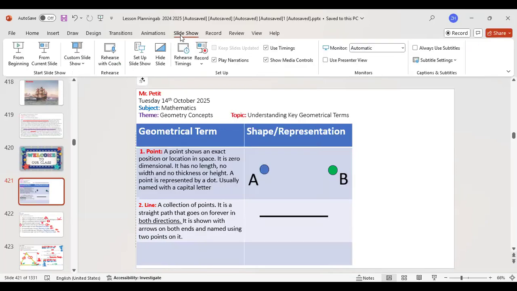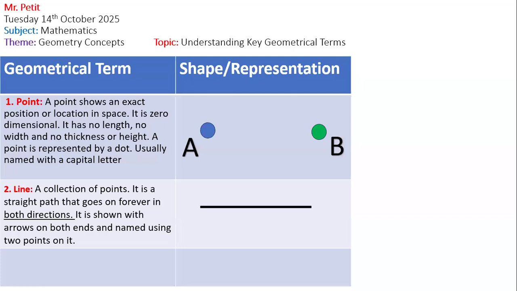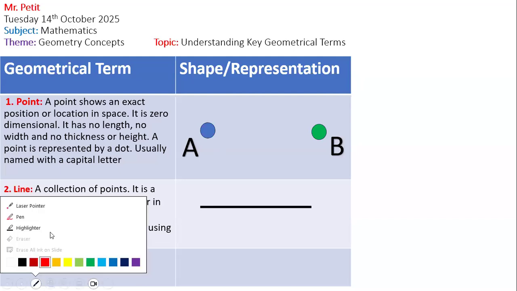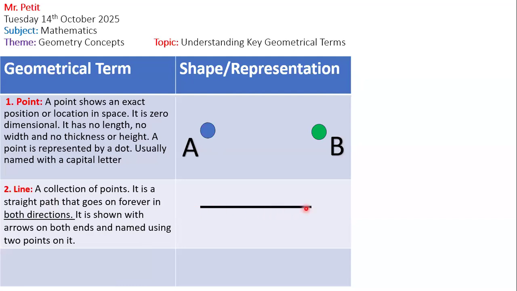Okay, class, is this a line? Let me know if this is a line. Yes, sir. Is this a line? Yes, sir. Again, is this a line? No, sir. It's not a line. It doesn't have points. I knew it was a trick question. Why is it not a line? Because it doesn't have the points on it. No, it doesn't have arrows. Thank you.